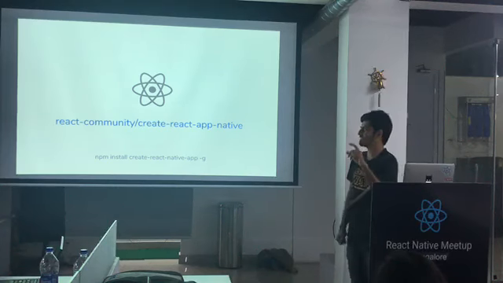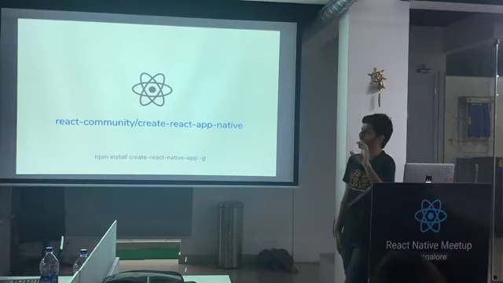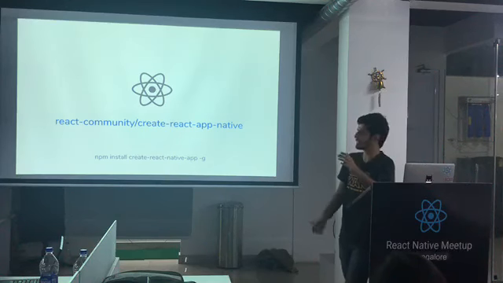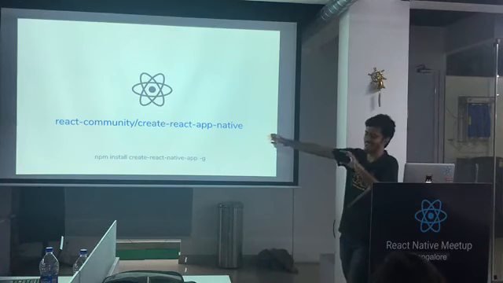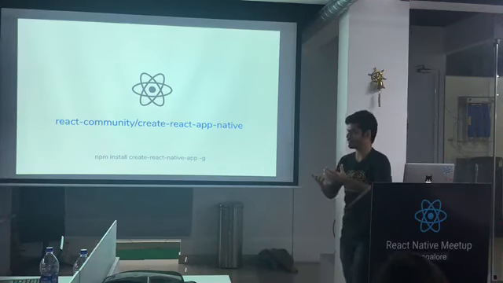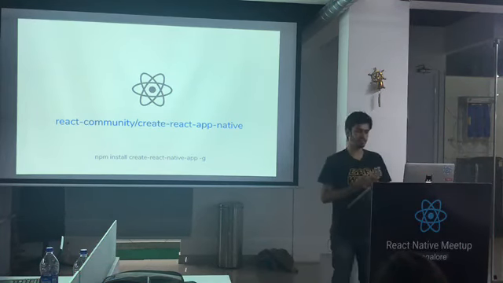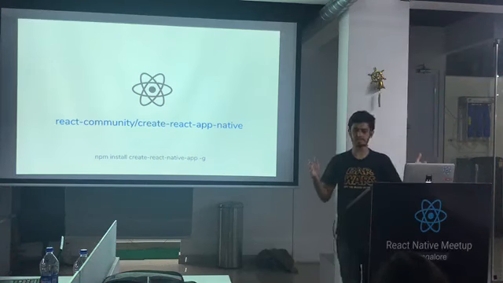So Create React App Native, or CRNA, because Twitter only allows 140 characters, is a project which lets you create a React Native app quickly, right? So the agenda there is getting from 0 to hello world as fast as possible.